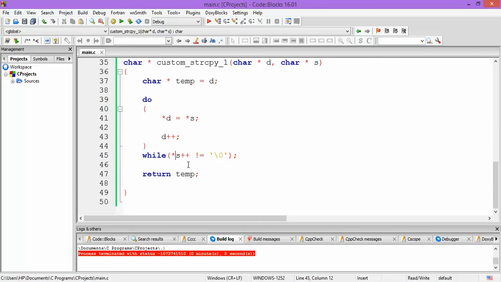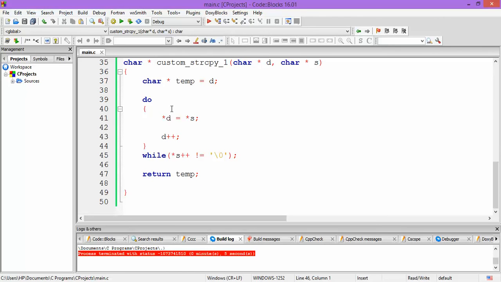So how this statement is executed is that as it is post incremented, first this condition would be checked and then the value of s would be incremented, because this is a post increment pointer.